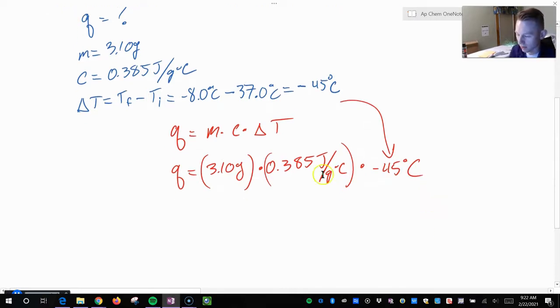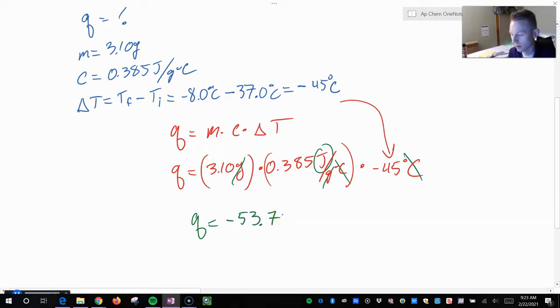Multiply all those things together, but before we do that, got to check the units. Unit analysis is important. Grams cancel out grams in the specific heat capacity. Celsius cancels out Celsius, and we're left with joules, which is good because we're trying to calculate the amount of energy that's transferred, or the amount of heating or cooling that's happening. So we're left with Q equals, all of those things multiplied, equals